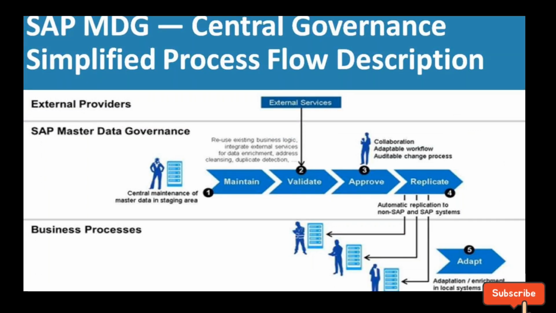One minute. Let me complete this flow as well. The flow says you enter something in MDG, and that goes for validation. After the validation, it will approve or reject. If rejected, then it will go back and be submitted again for validation. Then after the approval, it will go for replication, and then it will go to the multiple target systems. Okay,